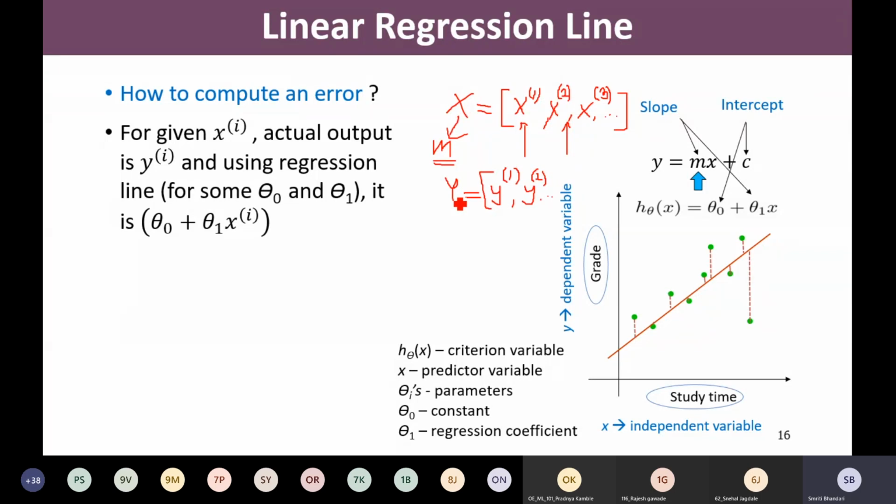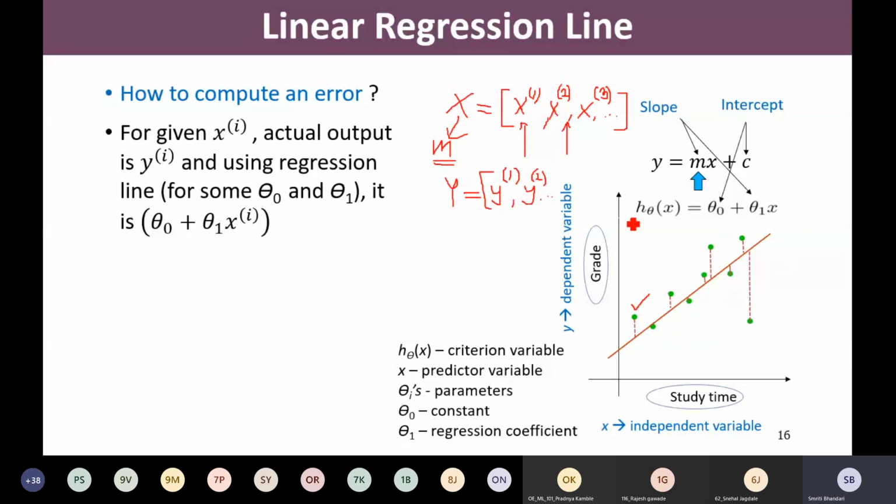And to denote my input and output, I am making use of some terminology. And what is that terminology? X superscript 1 denotes the first sample in my training data set, and associated with it Y superscript 1 is the output value. So here in this particular example, if I consider this data point, then I may say that this is X1, right? So that is the first data point, and associated with this data point, I am having the output Y1.